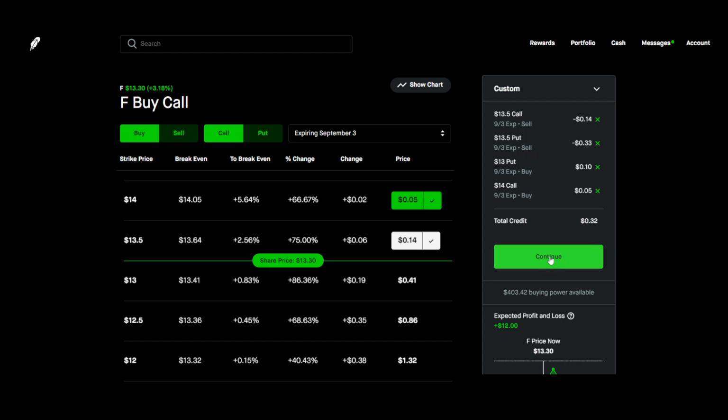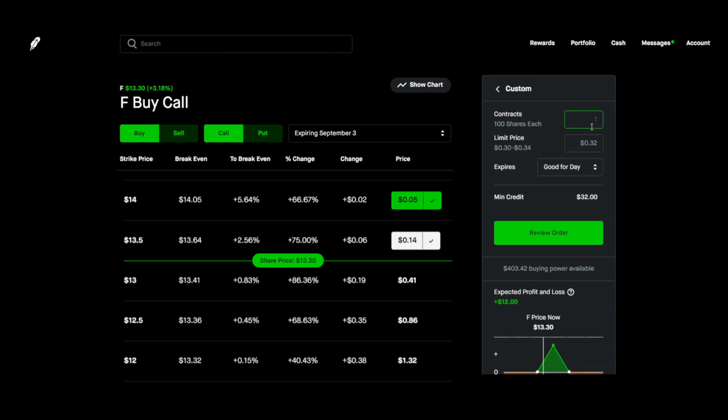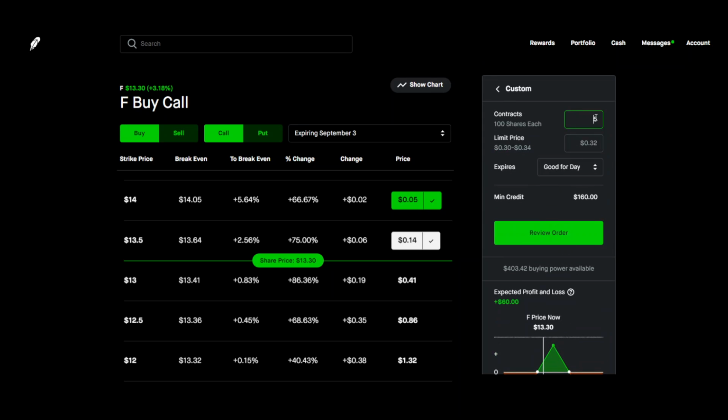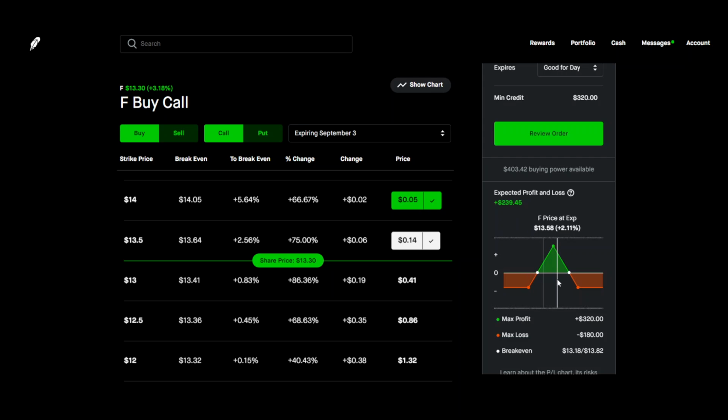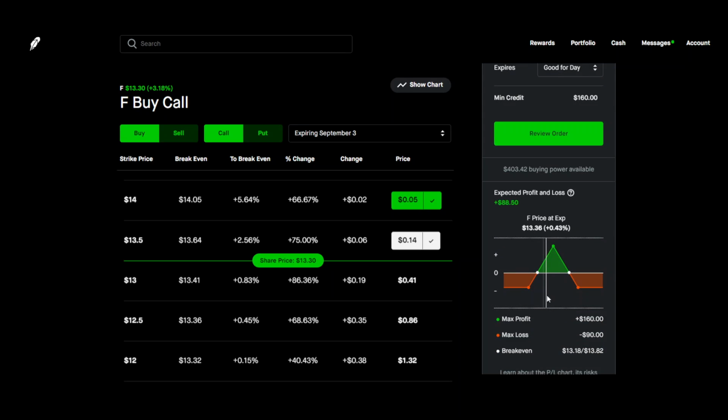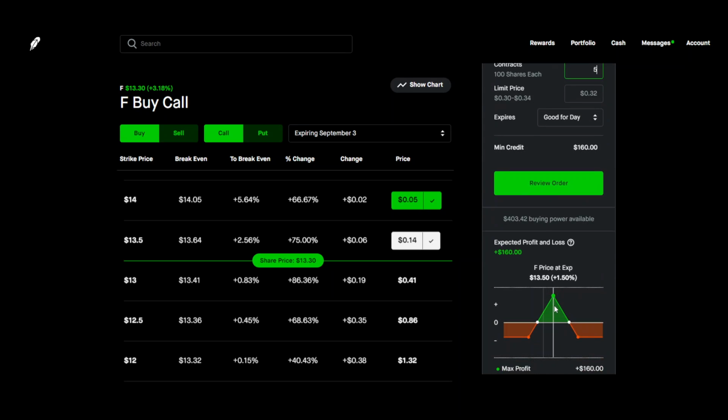So if we come over here, we hit continue. Now we can switch this to like, let's say 5. So now our max loss is $90 and our max profit is $160. Because we did 5 contracts. We could switch that to 10 if you really wanted to, but you'd lose 180 to gain 320. And so you can see just the profits right in there. I'd probably only do about 5 if you were to do this one. Yeah, I do about 5, so you make about 160 is your max profit in a couple days,